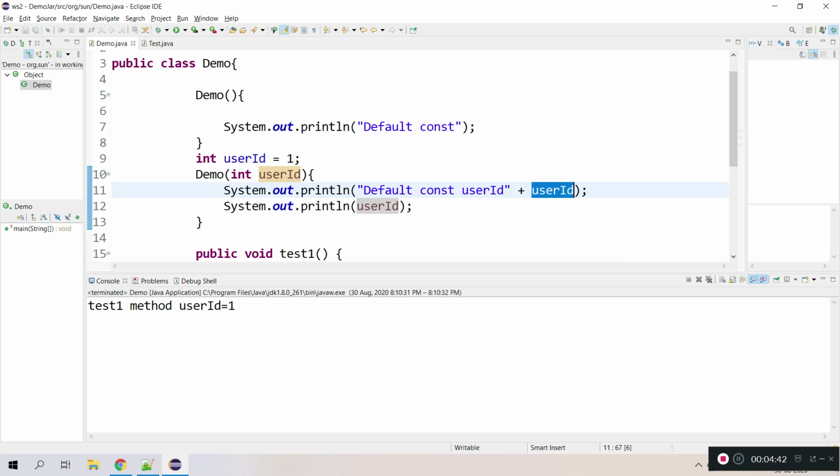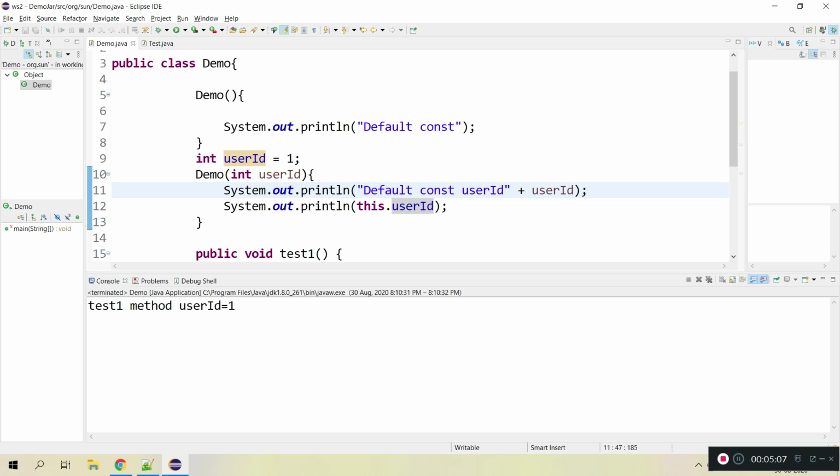In both cases, it is referring to the local only. It is not referring to the instance. To invoke the instance variable, here we need to use the this keyword. Without using the this keyword, we cannot invoke the instance variable. If you remove this, it is going to point to the local variable. So this is one use case where you must use the this keyword to invoke the instance variable.